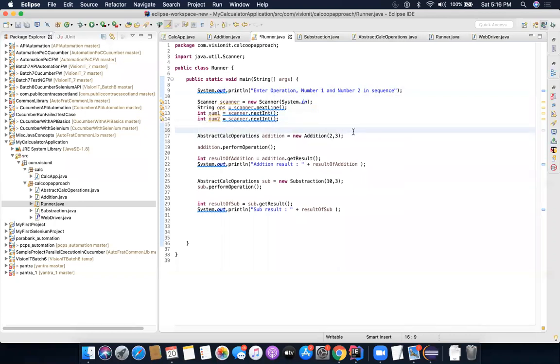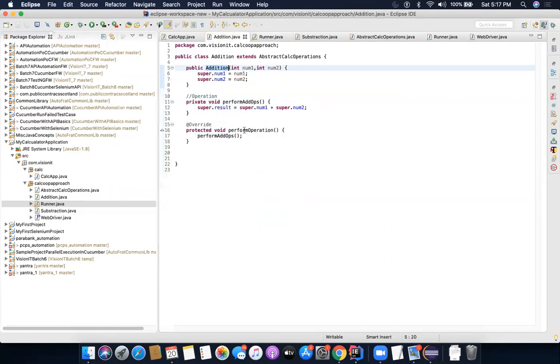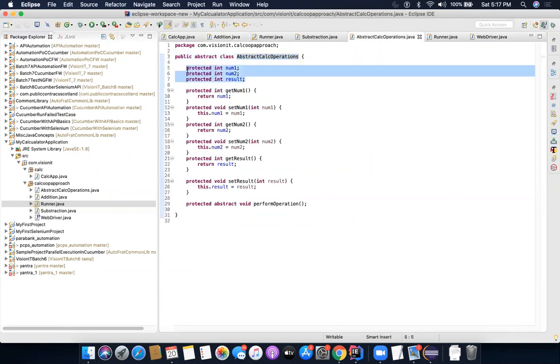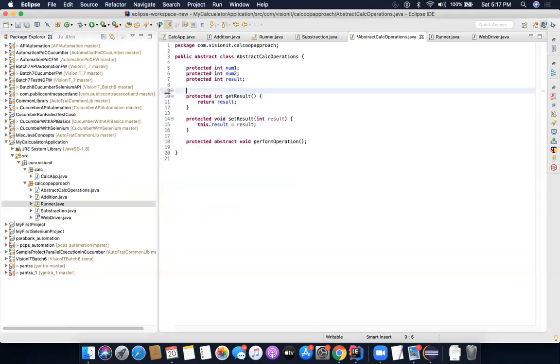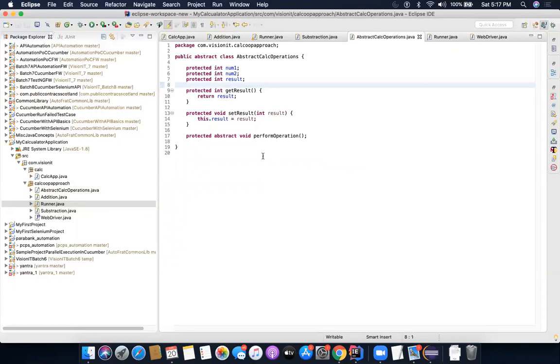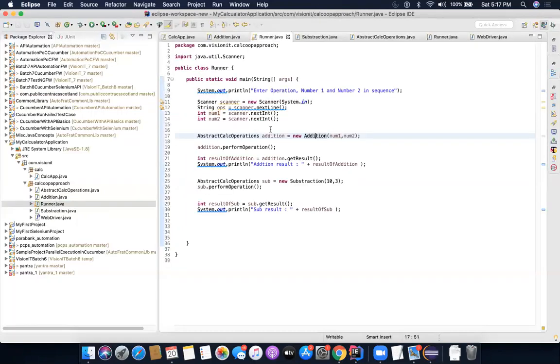So first of all, I need to modify these things. This is not good because I'm hard coding it here, right? So I will put these values here. I'll do number one and num2 here. What I'm doing is passing these variables which I'm capturing in the constructor of my class. If I go inside, this is the constructor, and the constructor is taking these values and assigning these two values to the super class which is present here, and it will save the values here. By the way, I'm not making use of these get and set, so I will just remove them because I really don't think it's a good idea to keep something which is not being used, so that your code looks cleaner. So I will go back to the runner again.